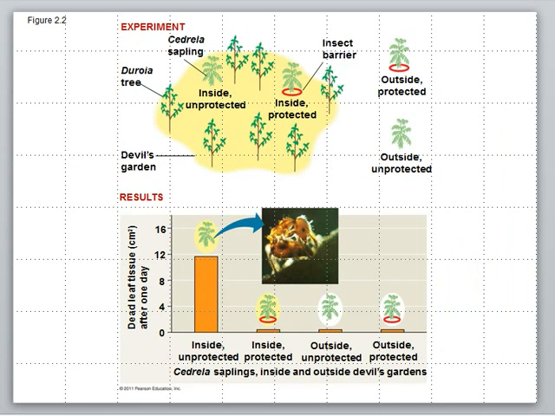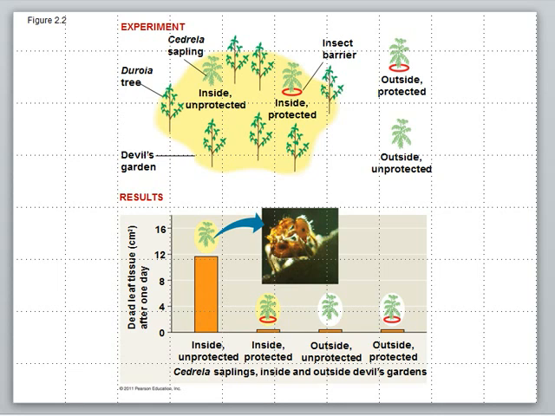They were trying to determine if ants there in the forest had anything to do with these devil's gardens. So what they did is they set up a quick experiment where they had two different types of small trees. They had the Doroya tree, which is the favored species, and then they have what they have called cedrela saplings. And they had to have some controls because, again, you wouldn't have a good scientific experiment without some controls. So what they did is, within an existing devil's circle or devil's garden area, they planted some of these cedrela saplings that were not there when they first found the circle.